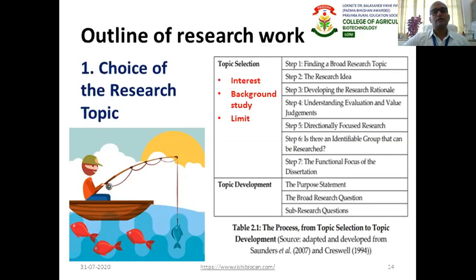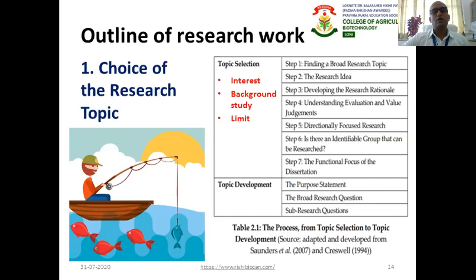So as per the duration you have, you should plan your research work. You should select your objectives so that you can complete them within that particular time. If you take many objectives and many variables, you will not complete your project within that time, maybe 6 months or 1 year.